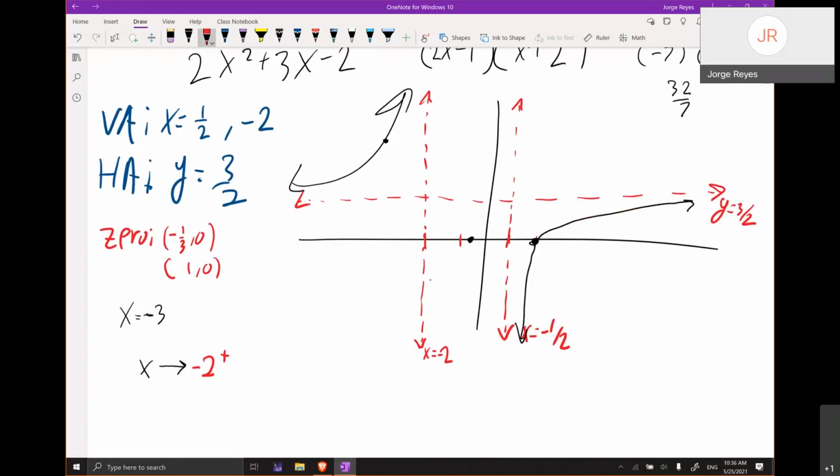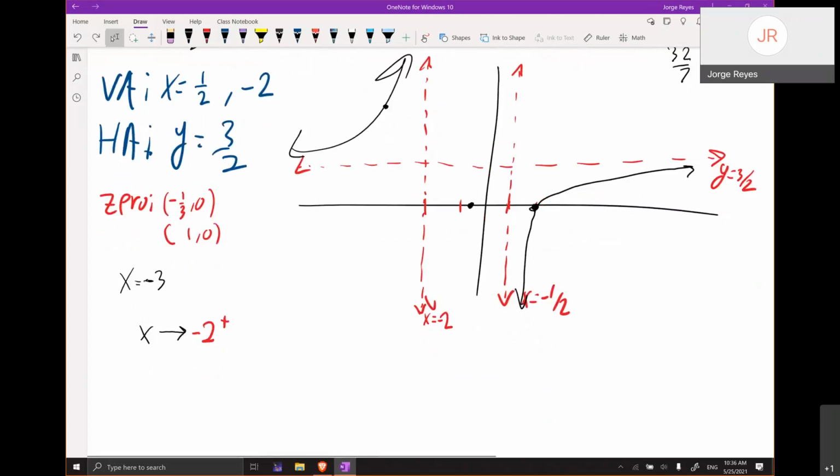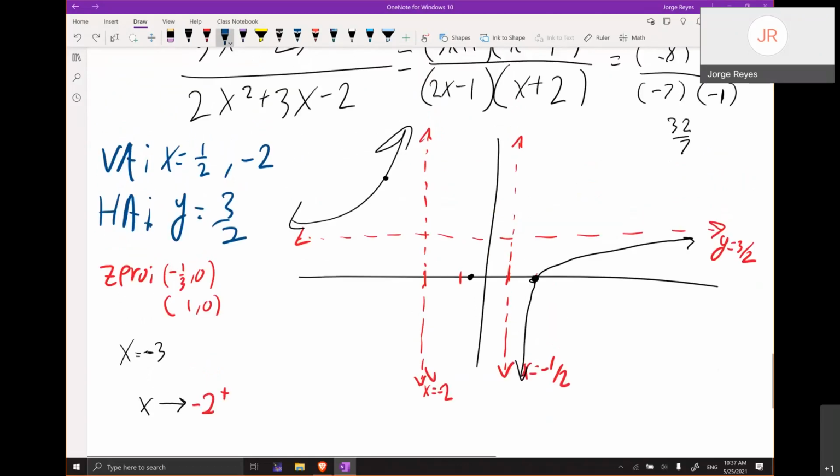Because I already know what's happening from the left, right? I'm going this way. I need to know, am I gonna be up here, or am I gonna be down here, which is what we're all guessing because I know this black dot, right? So when I plug in -2 from the right,